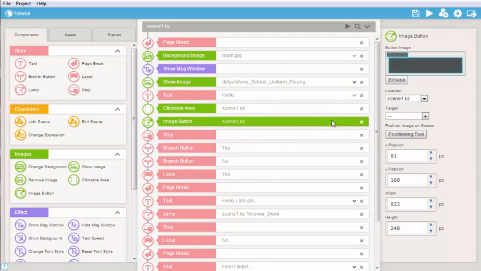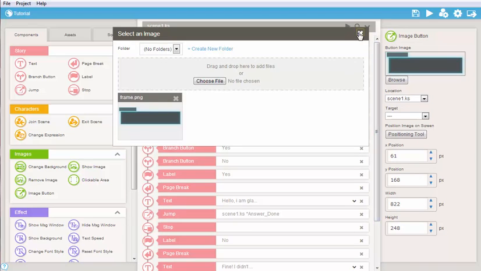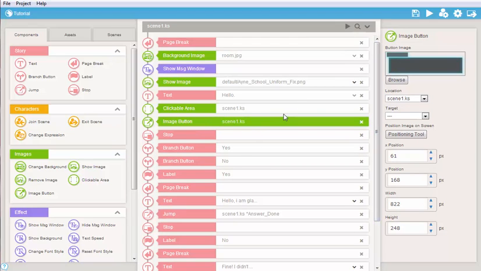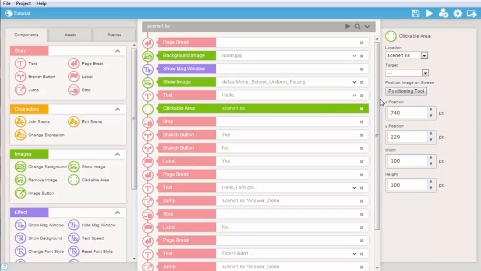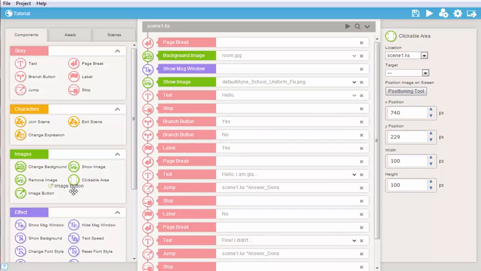So anyway, while in progress, you click this image and it'll be on your full screen. And if you click it again, it's gonna go back to normal. In general, you could just use the show image button as well, but I think for using the background, it's better to use a clickable area. An image button, which we already explained,